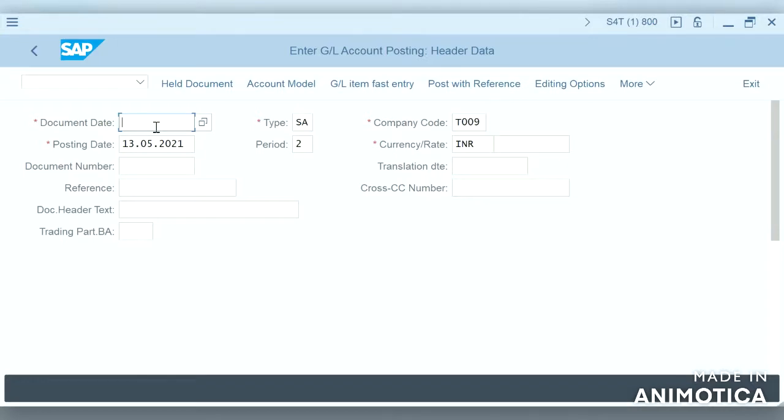So if we miss this configuration, what kind of functionality we will be missing. So let us see further in detail, so it helps us improve our knowledge in each and every configuration. Let us try to post a document now.